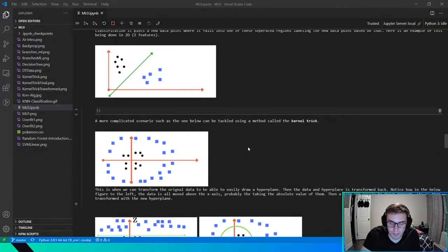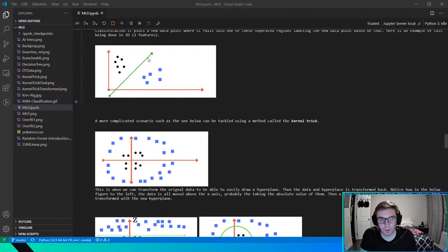Another one I'll talk about is the idea that this kind of linear separability is often impossible, or if you do have it, you're really lucky. So another hyperparameter is called C, or your hardness factor. Basically it says how important it is that all of your points are on one side or the other. And obviously sometimes it's impossible. So C, your regularization term, allows there to be some error. If you don't allow that, and there has to be error, it can cause issues. So sometimes you want to allow some error.